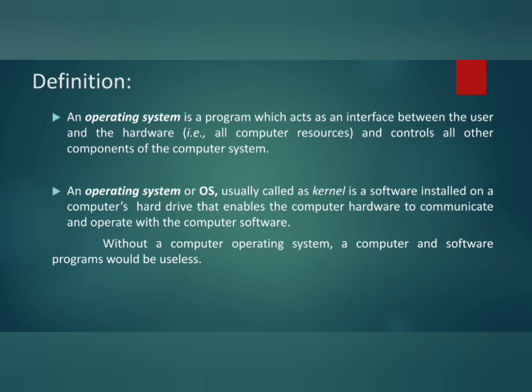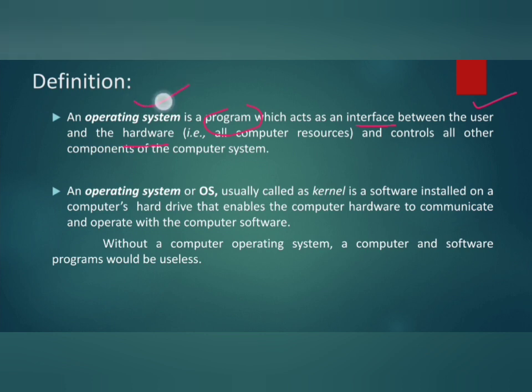So by this definition we can understand that operating system is, firstly, a program which acts as an interface. Now what is interface? Interface means intermediate, like it acts as a connection between the user and the hardware. So basically we are going to use the computer, so we need an operator which will take our instruction and operate the system, that is operate the computer. So we are the one who gives instruction, and someone has to be there who should process the instruction and give us the required output.